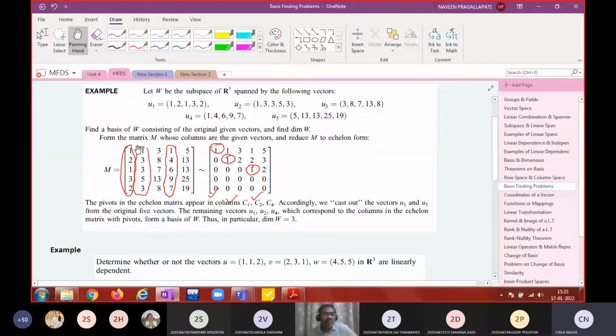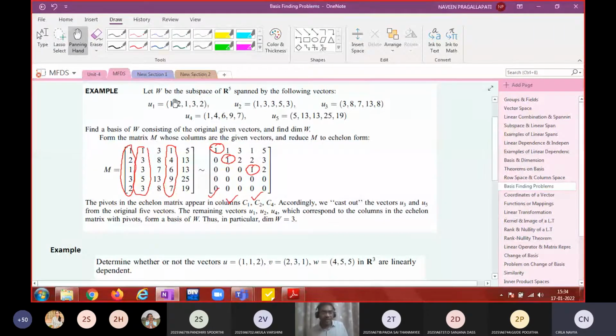The corresponding remaining columns are going to form a basis. So I can form the space generated by these 3 vectors, or I can form the space generated by these 3 vectors. Both spaces are the same. What is the dimension of the space generated by these 5 vectors? 3. Because what is the rank of this matrix? 3, sir. Number of non-zero rows. It doesn't matter whether you put them as rows or columns, because row space dimension is equal to column space dimension. Therefore you're going to have only 3 linearly independent vectors.